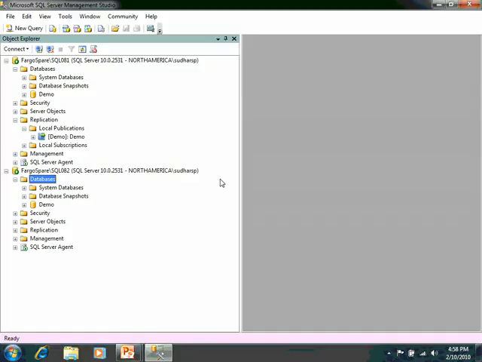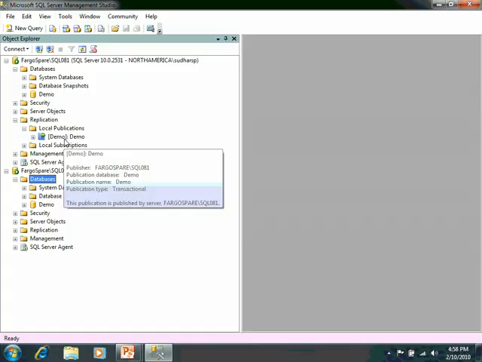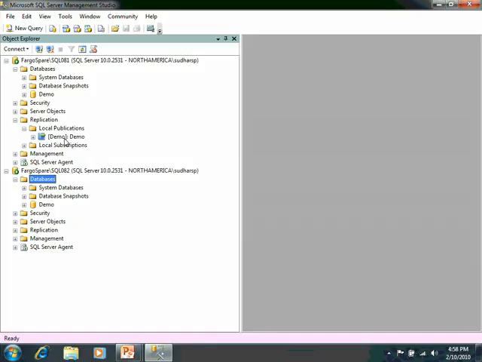I have two instances, instance 1 which is 081 and 082. I have a database called demo with one table in that. I have created a transactional publication with that. And then after that I have taken a full backup of the demo database and restored it on the other